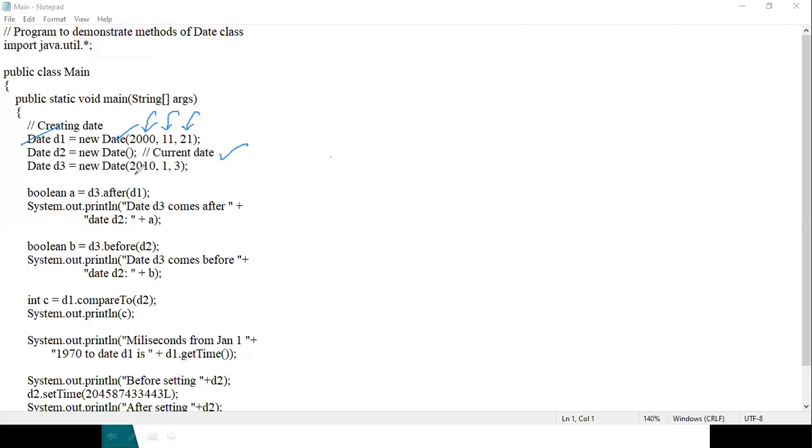Date D3 equal to new Date. Here I created D1, D2, D3. D1 is some date in 2000, D2 is the current date, D3 is some date in 2010. Now I'm using the after method. So D3 dot after